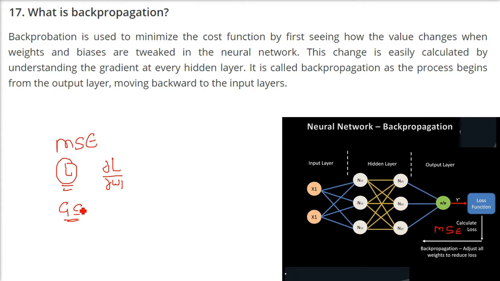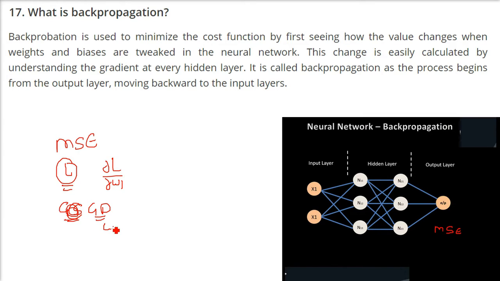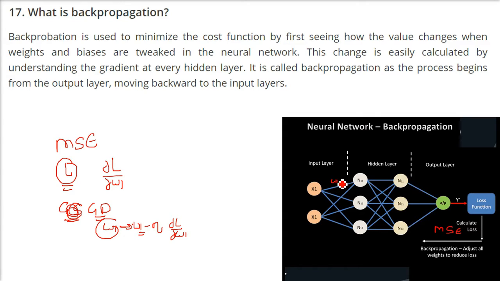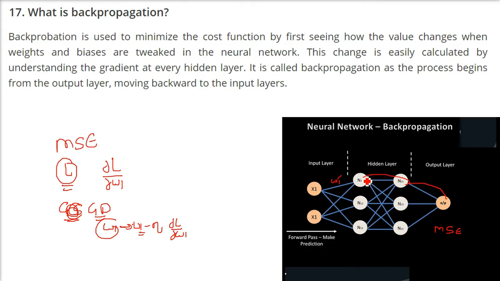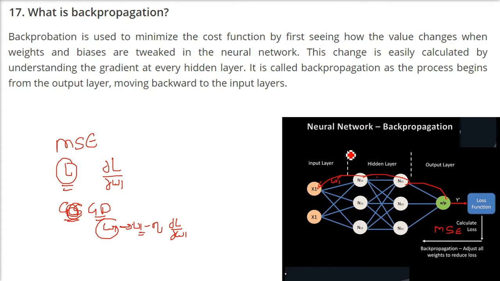Then we use gradient descent, that is for optimization. Now you change the weight, that is, the weight is reassigned as W1 minus eta times delta L by delta W1, where eta is the learning rate. So the weight you have changed. Now when the weight needs to be changed, you have to tell the neuron the new weight. So you have to go back, and this is done through the chain rule in mathematics. Starting from the output layer, going back to the input layer, this is called backward propagation.